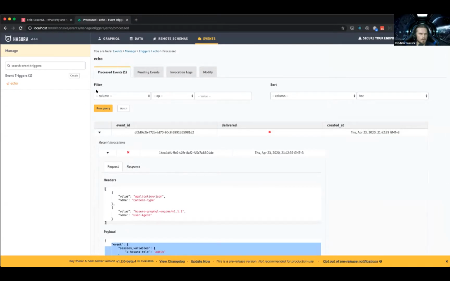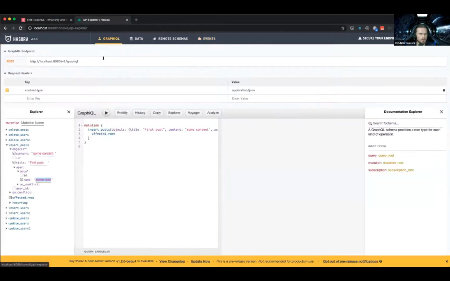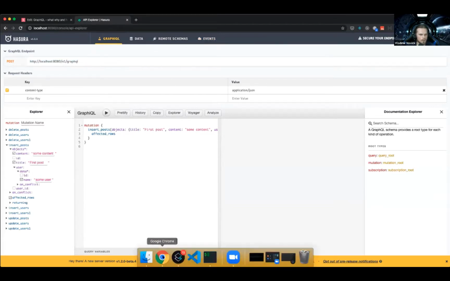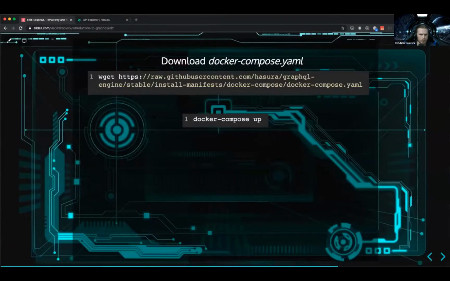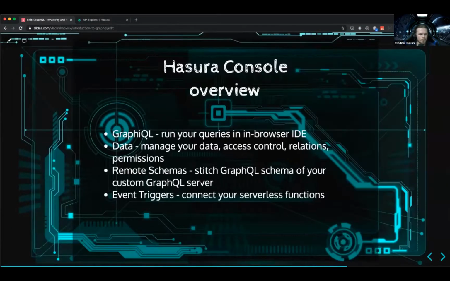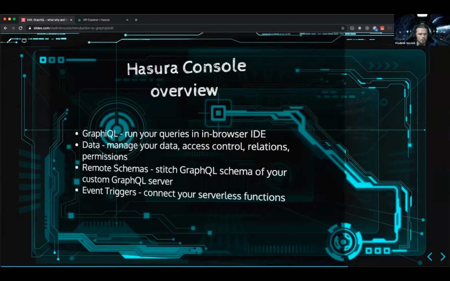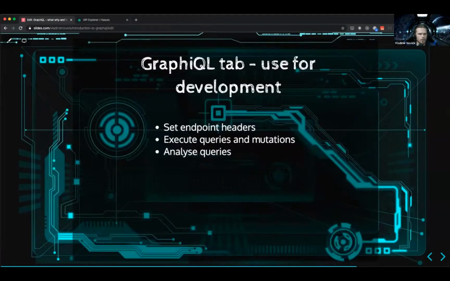Now, to update the database, it can use the same endpoint. You don't need to have a connection to Postgres. You can just have the same endpoint. Now, this is kind of cool, right? There are also, in the slides, a bunch of explanations of what everything is about. I will just go fast through that because I already showed you.